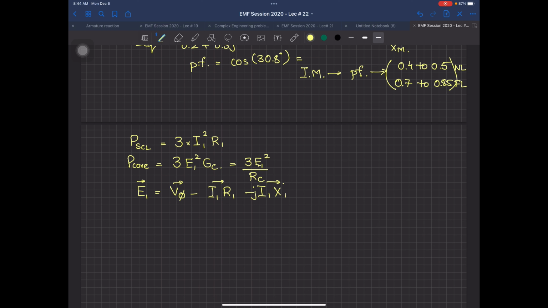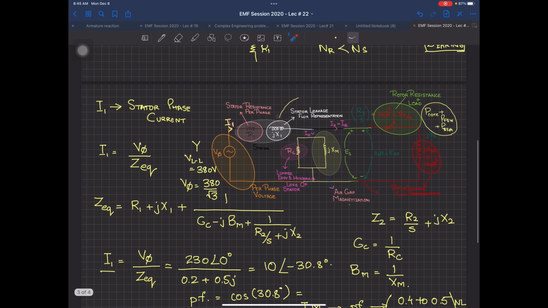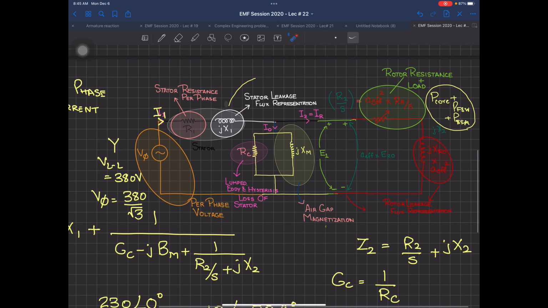So when you have got this P core, now you have two losses: stator copper losses and the core losses over there. Now, as I told you in this diagram, you are putting some power through the stator. I am only interested in P at present. I am not interested in Q, remember. The losses which are happening over here are the stator copper losses. The losses which are happening over here are the core losses.